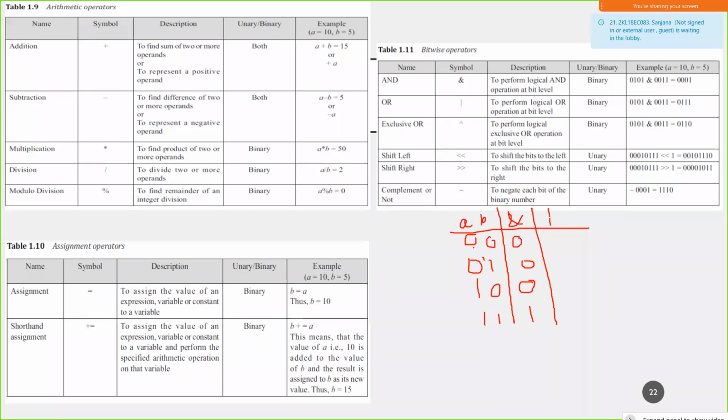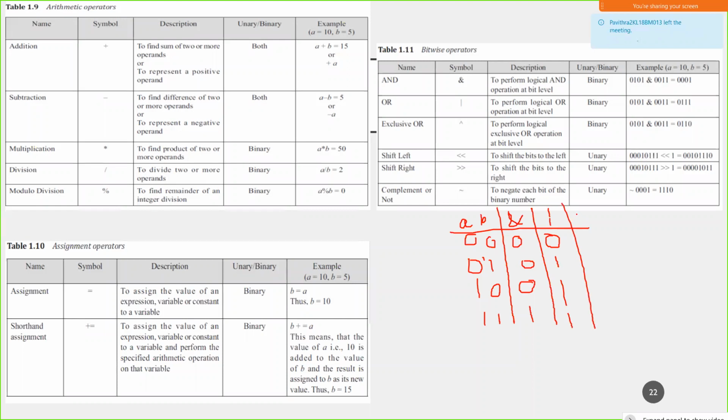Here in the OR operation, if any one of the bits is 1, the result is logic 1. So 0 and 0, the result is 0. 0 ORed with 1 is 1. 1 ORed with 0 is 1. And 1 ORed with 1 is 1.